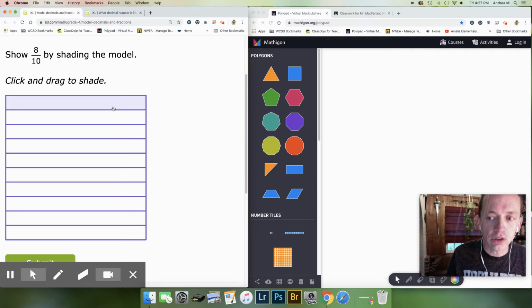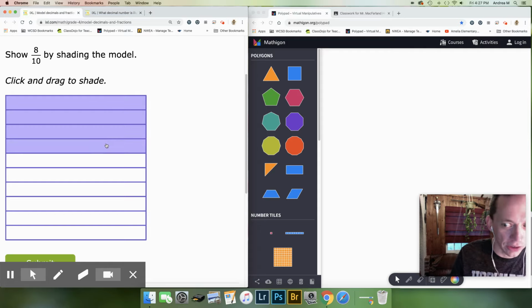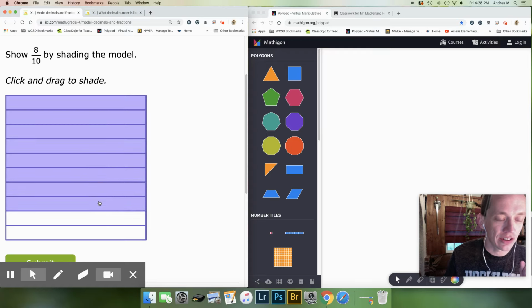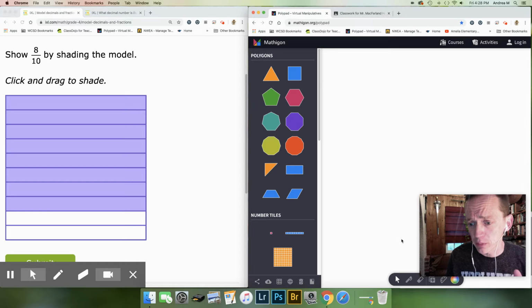So the thing you can be thinking about is this is 1/10, 2/10, 3/10, 4/10. How many more tenths do I need? This is the Dora the Explorer moment. If you said we needed 4 more tenths, you're right. So there's 1, 2, 3, 4, 5, 6, 7, 8, 8/10 right there. So what I'm looking at right now, I'm going to come over onto this one right here. We can say